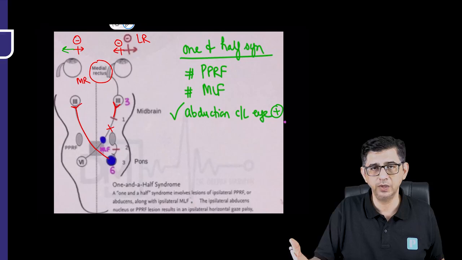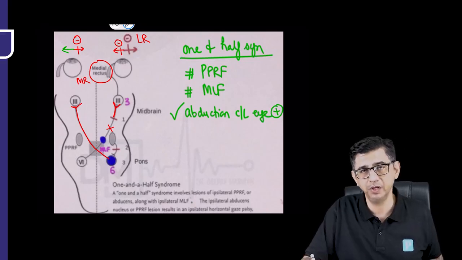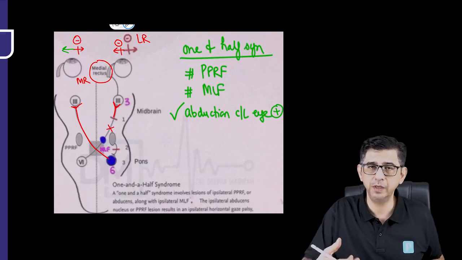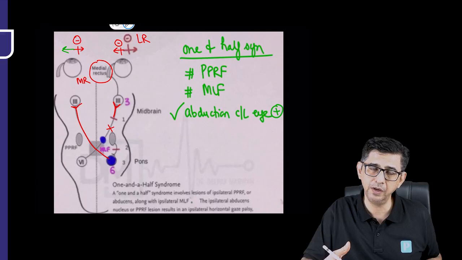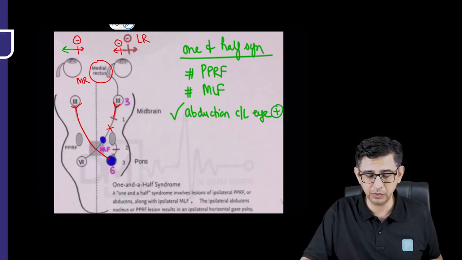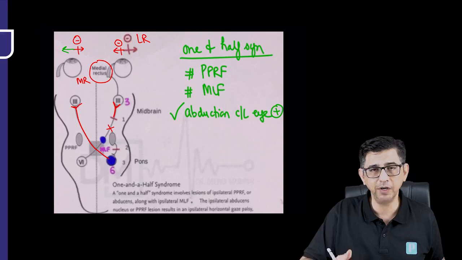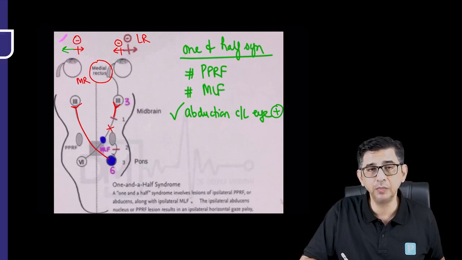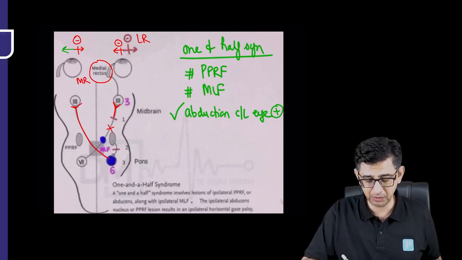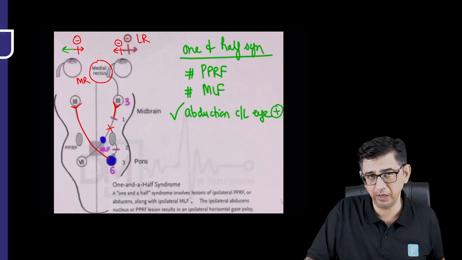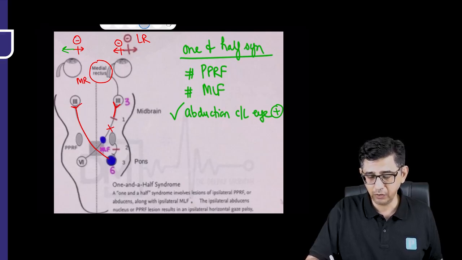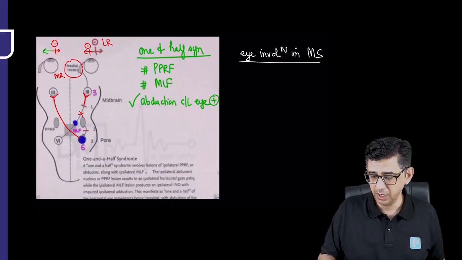I'll just do it quickly once again. Why one eye is not moving is because the sixth nerve nucleus is also hampered, so abduction is lost. And because the same side medial longitudinal fasciculus is also hampered, the adduction part is also hampered. So one eye is not going to either abduct or adduct. In the contralateral eye, the only movement that is possible is going to be the abduction component, because the sixth nerve nucleus here is doing fine, the parapontine reticular formation is doing fine. So this manifestation is what is technically called 1.5 syndrome,